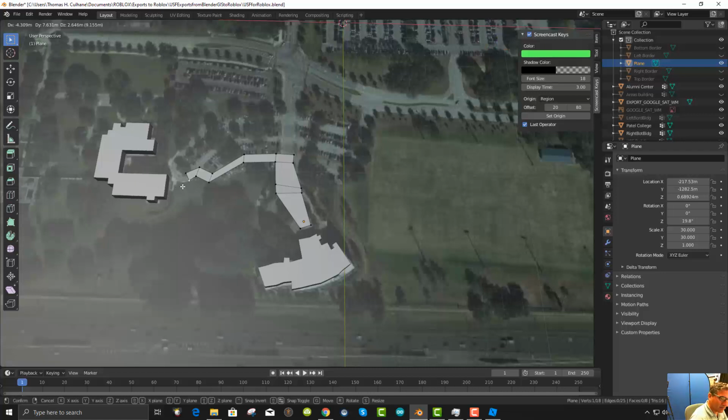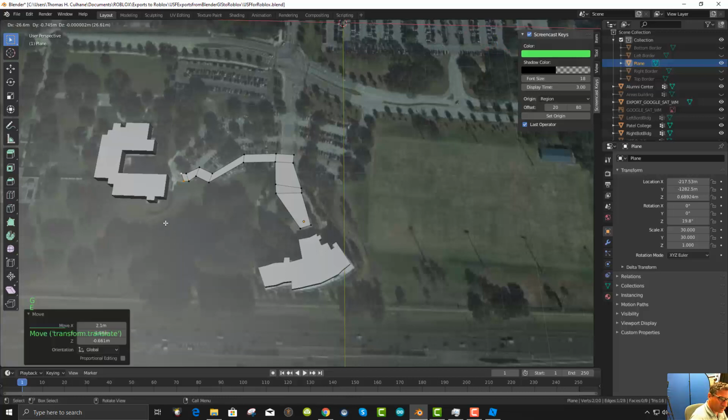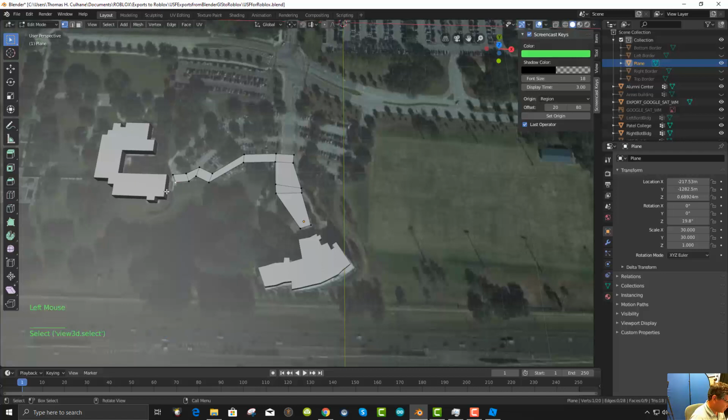And then do an extrusion here, and twist these. So what we've basically done is made a road